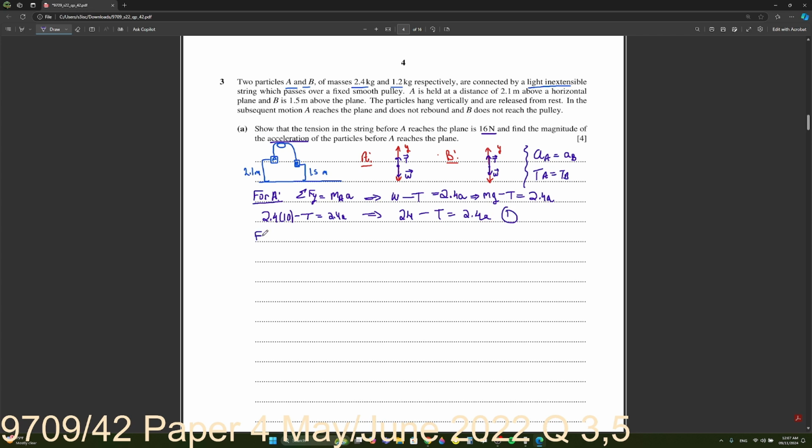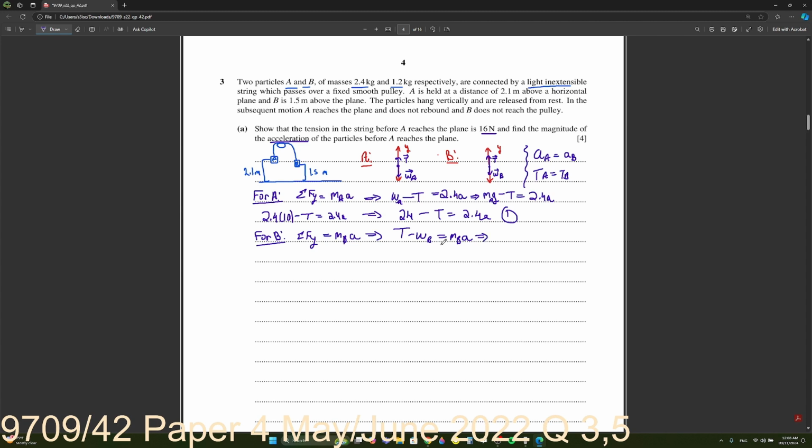This is equation 1. Now for block B. Again, sigma Fy is equal to the mass of B times the acceleration. What are my vertical forces on B? Tension and weight, but it's going up, so tension is greater than weight. It would have been more precise to label the weight of A and weight of B; I should have done that. So T minus the weight of B, because it's going up, is equal to the mass of B